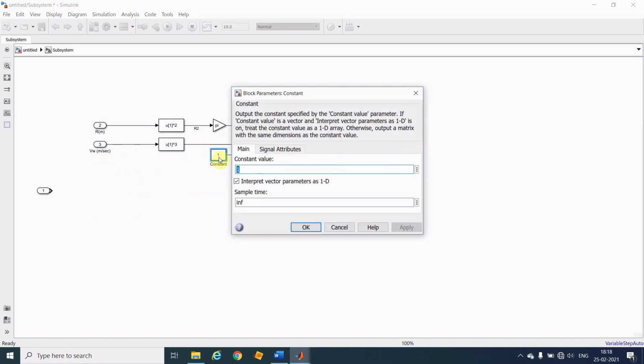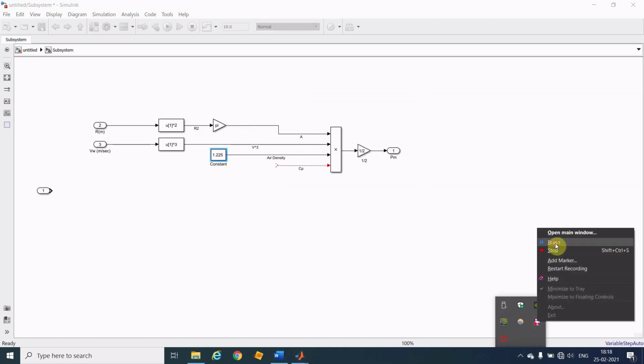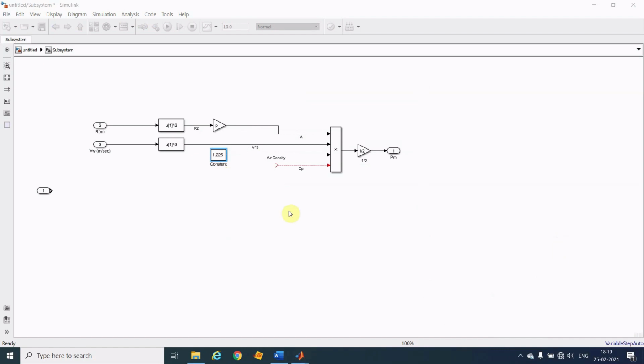So that is 1.225. Okay, so air density is 1.225. So next we have to